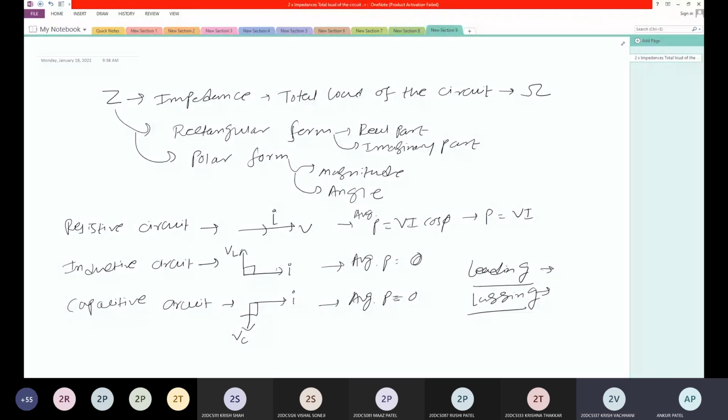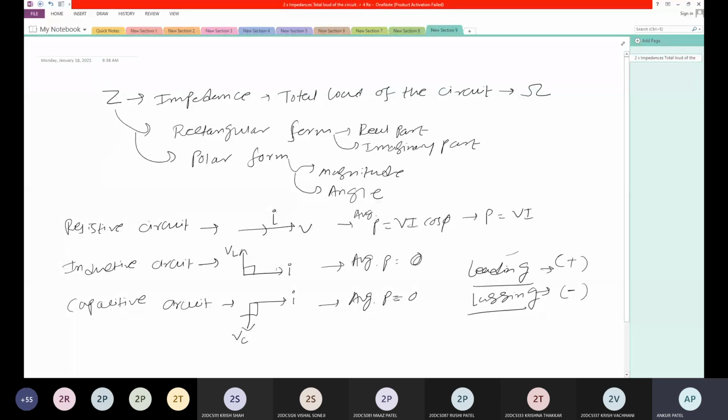Sir, at the same instant, for example, if we take an inductive circuit, the magnitude of the inductive part would be greater than the current part. Okay. Anyone, in other words, want to describe it? Suppose we have two quantities. One quantity we take as the reference quantity. Then what can we say? How can we define this? For leading, we denote a positive sign. For lagging, we denote a negative sign.